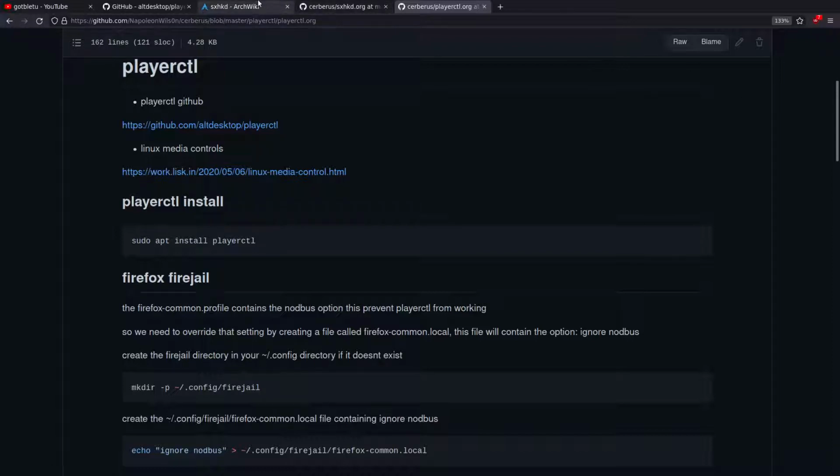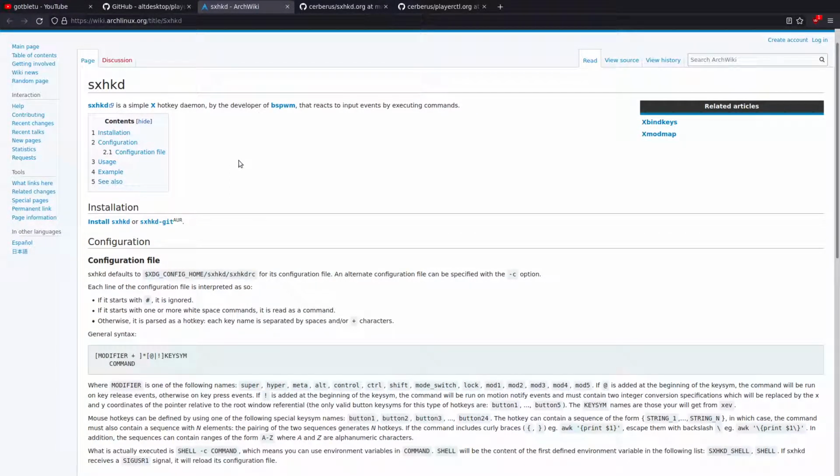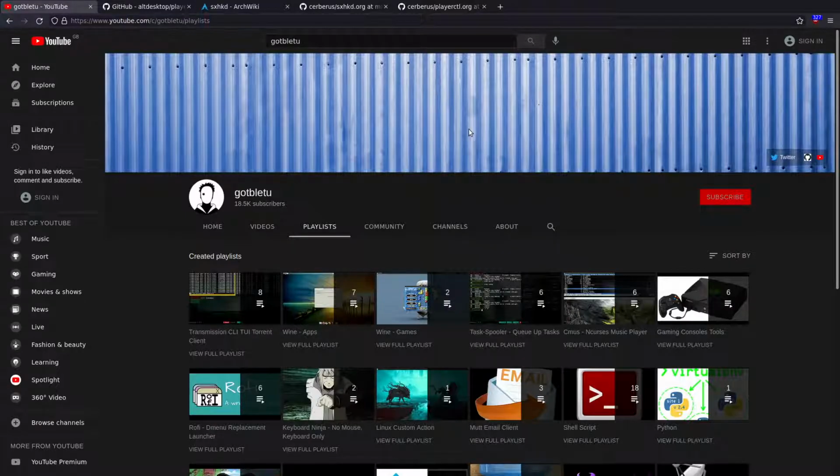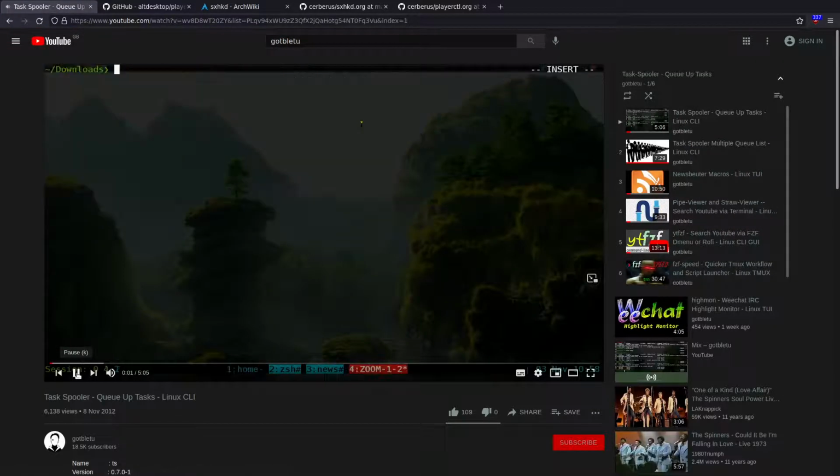And what we're going to be doing is using this simple hotkey daemon to bind our media keys on our keyboard to commands like play, pause, mute audio. So what I'm going to do is just come across to YouTube, and open a video in a playlist. Okay, what I'm going to do here is open the video. All right. And I can press a keyboard